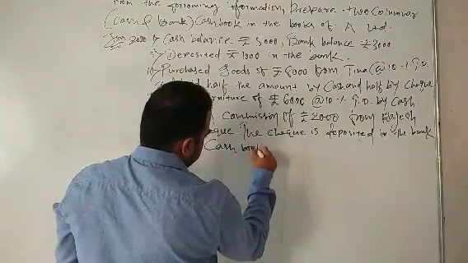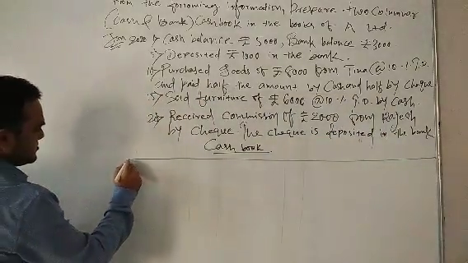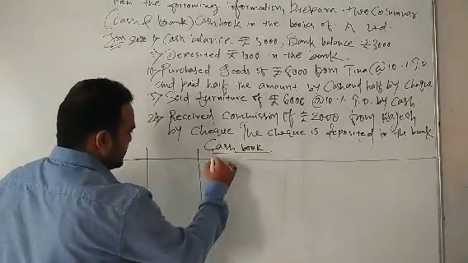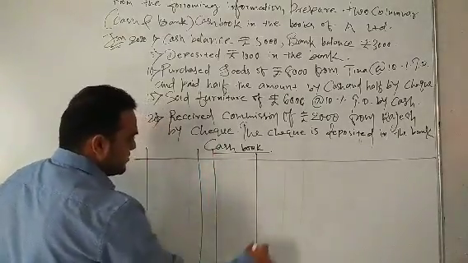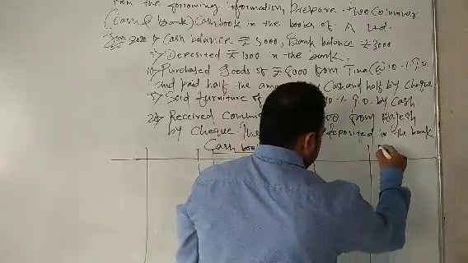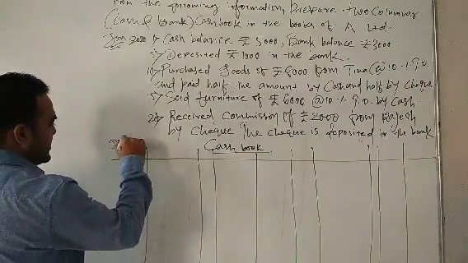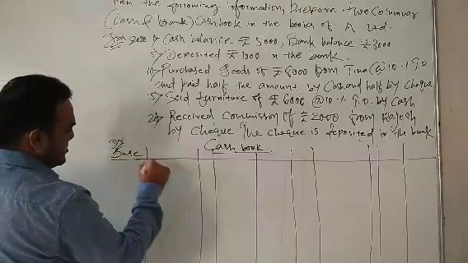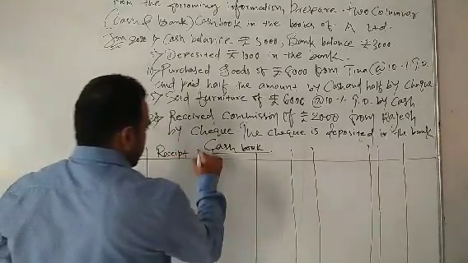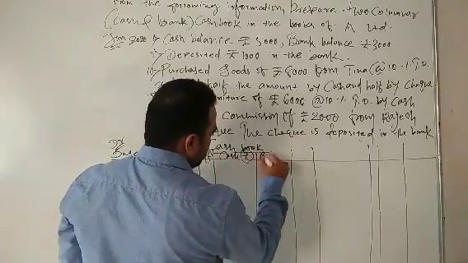Cash book. Now the columns will be like this. Obviously date will be the first, receipt side will be there, LF will be there, cash column will be there, bank column will be there, date will be there again, then payment side, LF will be there, and then cash and bank column. So two sides are there. This is debit side, date, receipt side we call it. Receipt means the income side, receipt, LF, cash rupees, bank rupees.